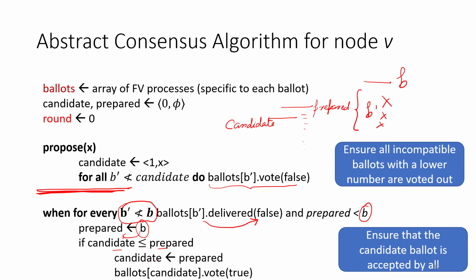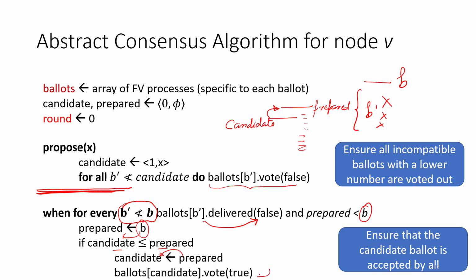So we set candidate as prepared, right? Because of course, you're assuming that the same value is being proposed, right? So candidate and prepared are compatible. And the reason that I say that is basically because the same node will only propose a single value in this case. And if, let's say, less than prepared, everything is invalidated, less than candidate also holds. So we set candidate as prepared. So in the sense we kind of boost its rank up and take the value of prepared and set that as candidate. And then I set ballots candidate dot vote true.